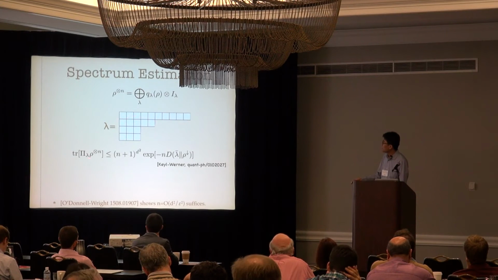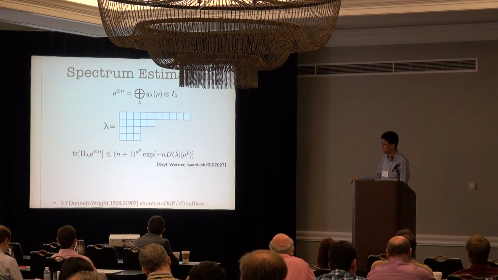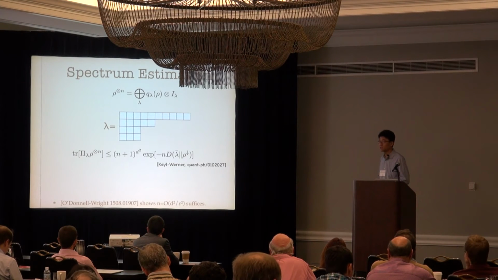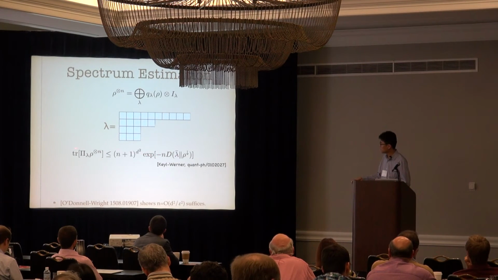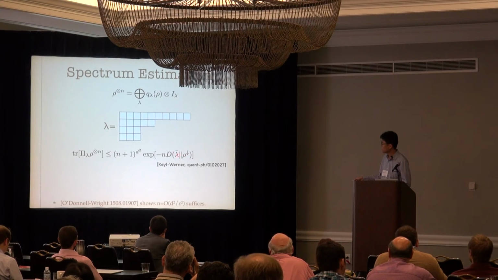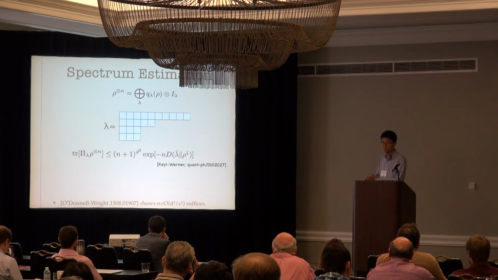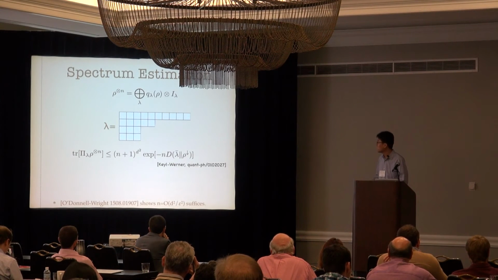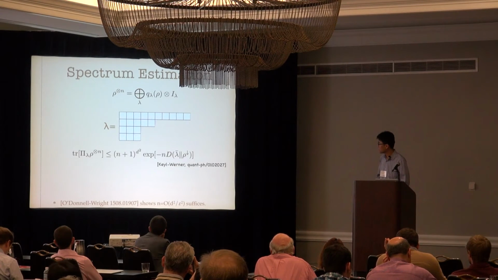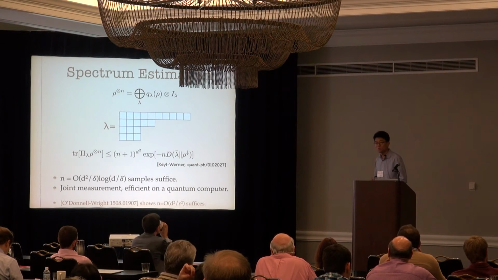And then the projector onto this irreducible component has a large overlap with rho whenever lambda and rho have a very similar shape. And it's the only case that has a large overlap. So in expression, the rate at which this probability decays is exponential in the number of copies. And if you have a large relative entropy distance between this lambda and rho, where lambda must be rescaled to sum to 1, then this inequality holds. And this was pointed out by Keyl and Werner, and they used this